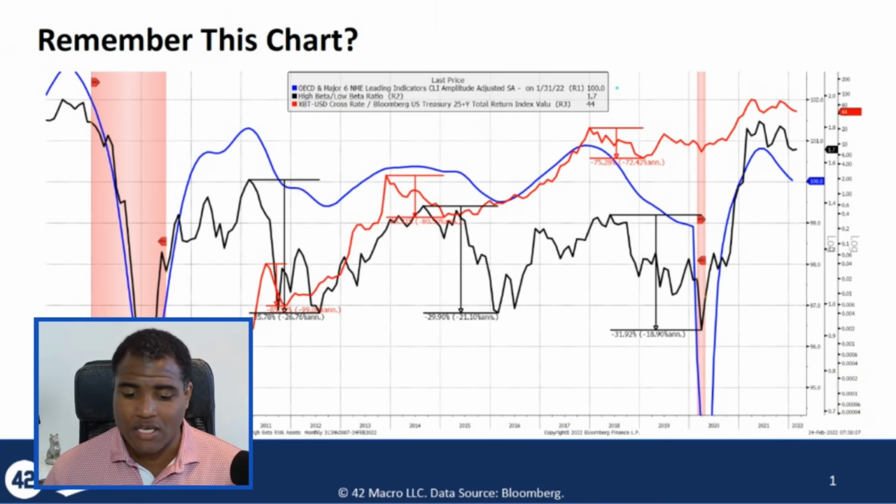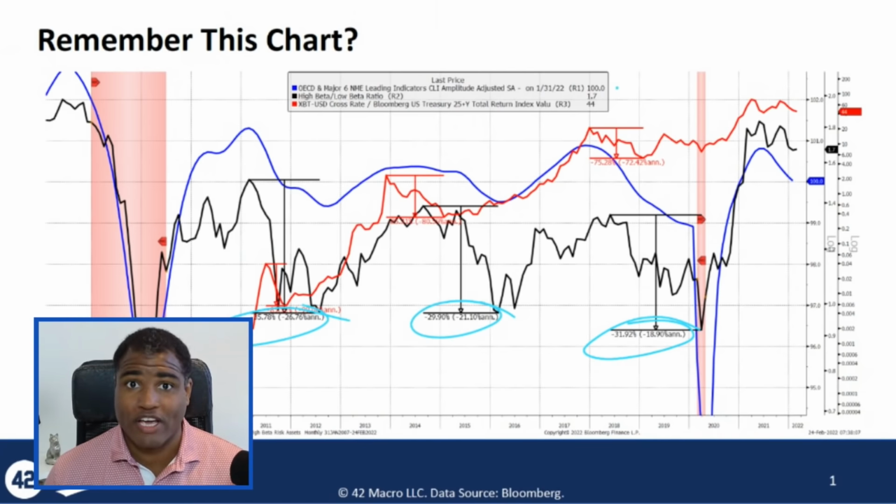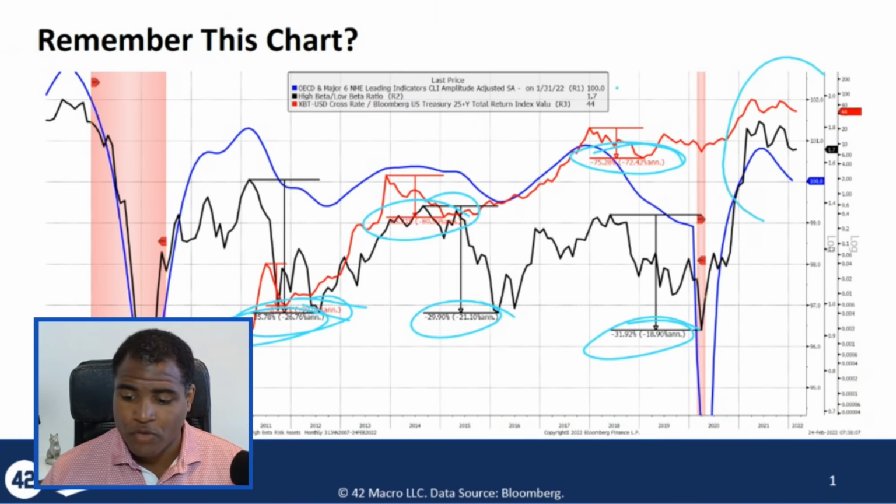And so what we typically see in these global growth down cycles, of which the US is obviously participating, is anywhere between a 30 to 35% correction in high beta stocks relative to their low beta counterparts. And then we also typically see a 75 to 85% decline in Bitcoin price relative to Treasury bond prices. And as you can see in this chart here, we're very clearly careening down the backside of